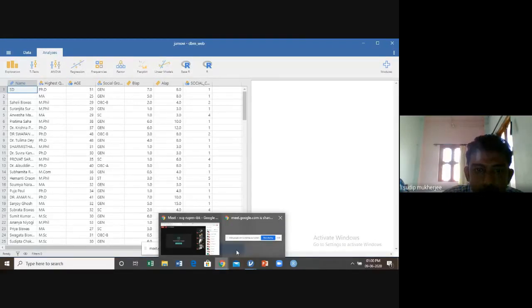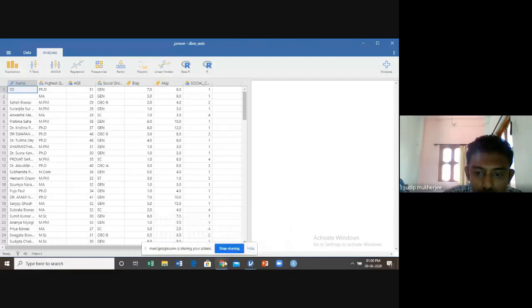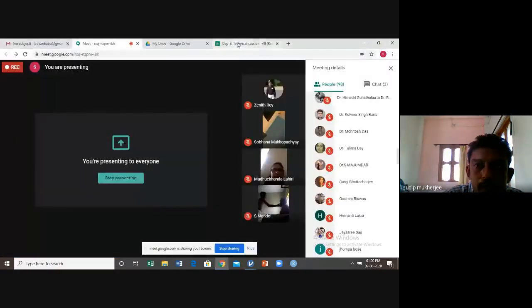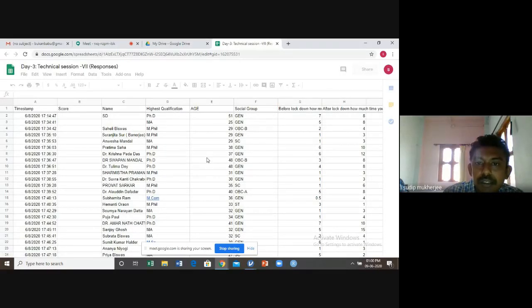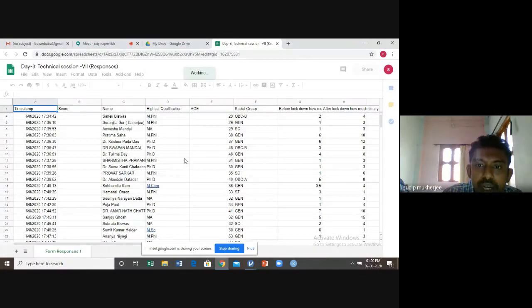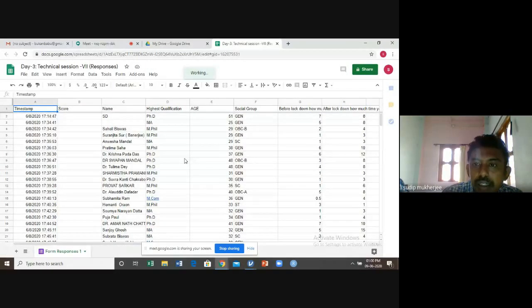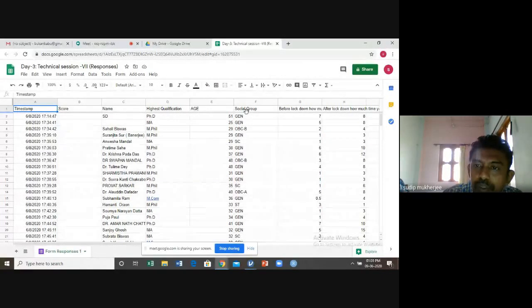As per the questionnaire, the original data, this is the data according to your answers of the questionnaire. There are 5 questions. The first is name, second is highest qualification, third is age, fourth is social group, fifth is the usage of computer before lockdown, and next one is the after lockdown.